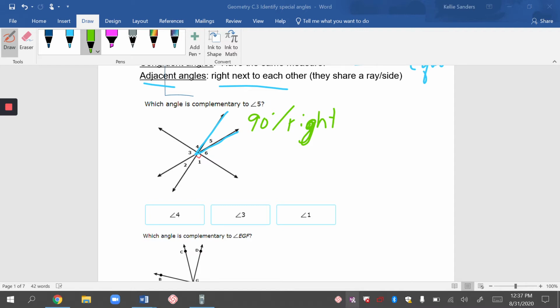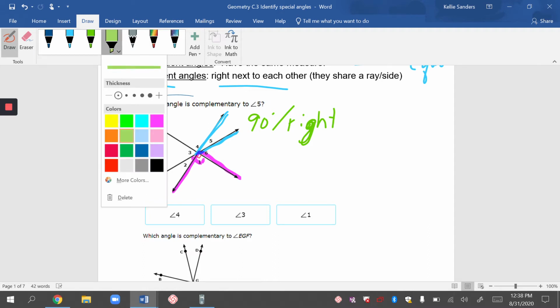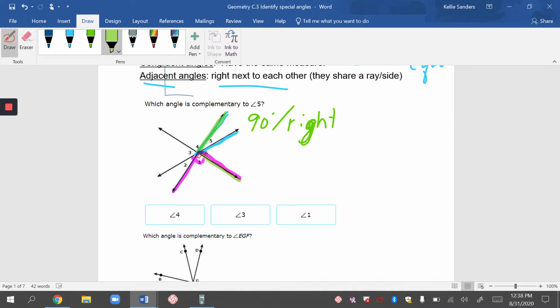So if this, we want the angle that is complementary to angle 5. Complementary is 90 degrees, makes a right angle. So let's look at this angle right here. See how there's a red square right there? That means that it is 90 degrees. So we want something that makes this look like 90 degrees. So if angle 5 is right here, then